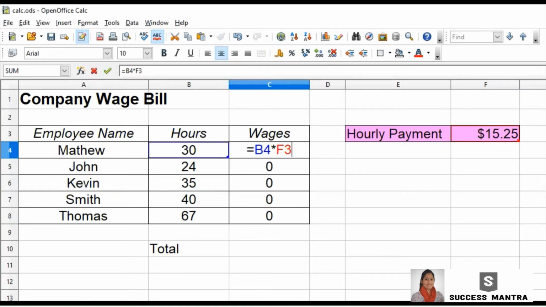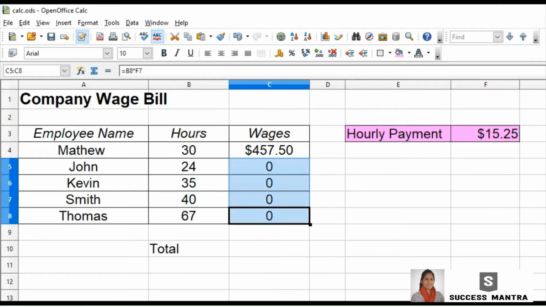So we will double check the cells to find whether the equations we entered are correct or not. First cell is okay. See the second cell. That is, it is B5 multiplied with F4 instead of F3. And in third cell it is B6 multiplied with F5 instead of F3. And all the other cells went wrong.